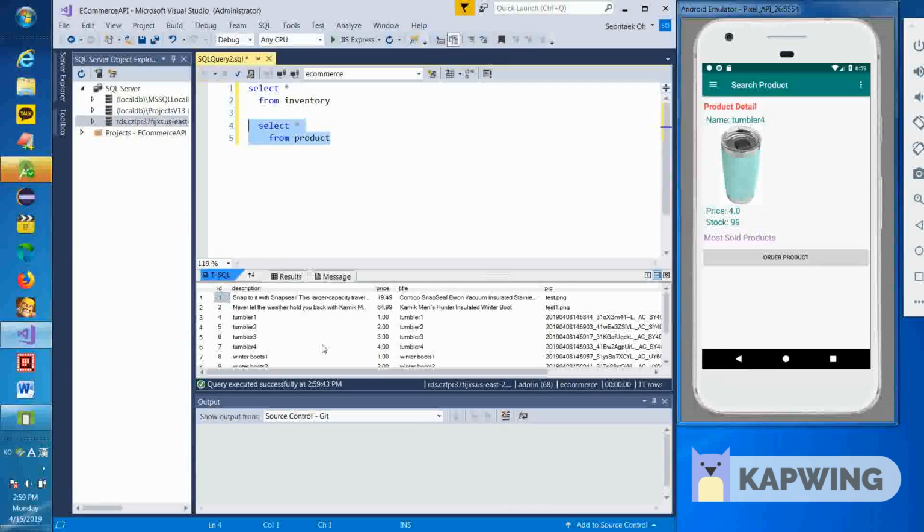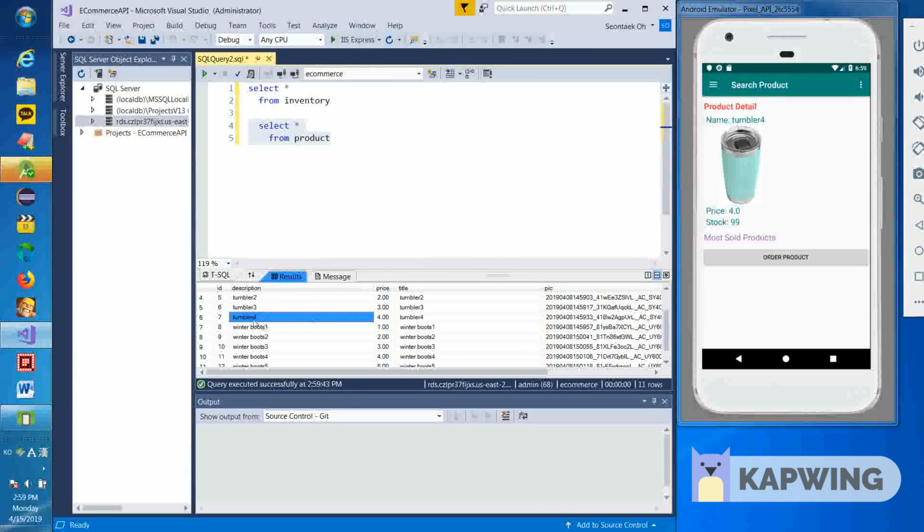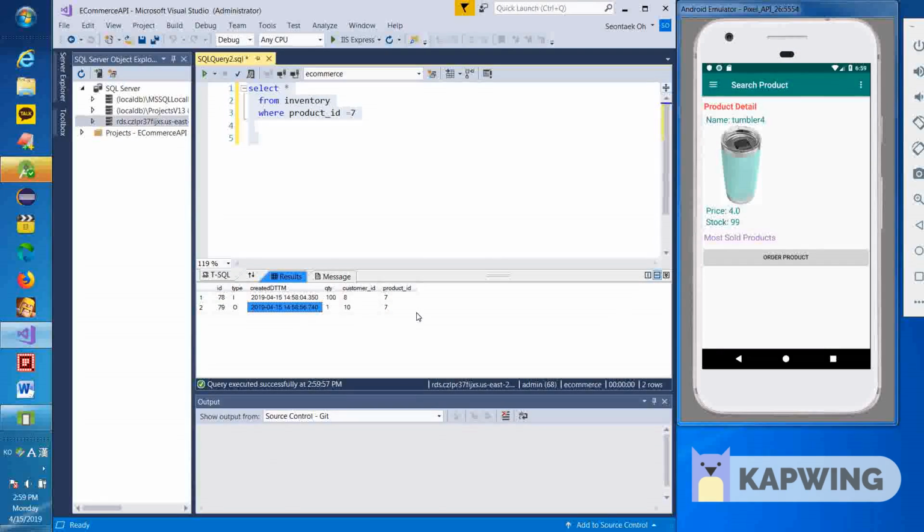Tumblr 4 product ID is 7. You can see here, and in the inventory table there is